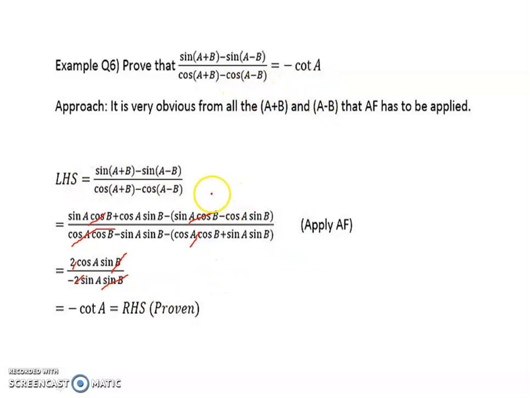So in all the examples, a very interesting fact, we use all the addition formulas, that is sin(A plus B), sin(A minus B), cos(A plus B), minus cos(A minus B). Be careful, if a negative sign is there, we have to put the bracket, equate the common terms and cancel.